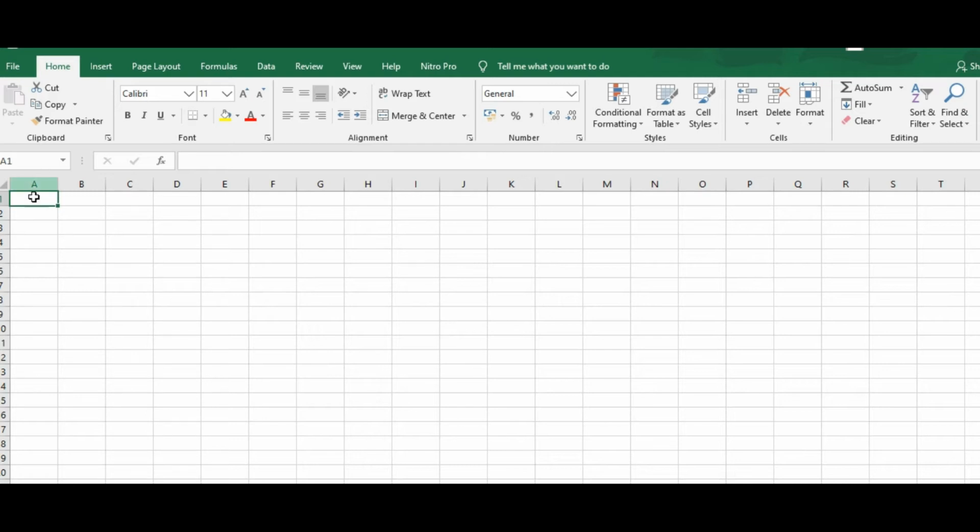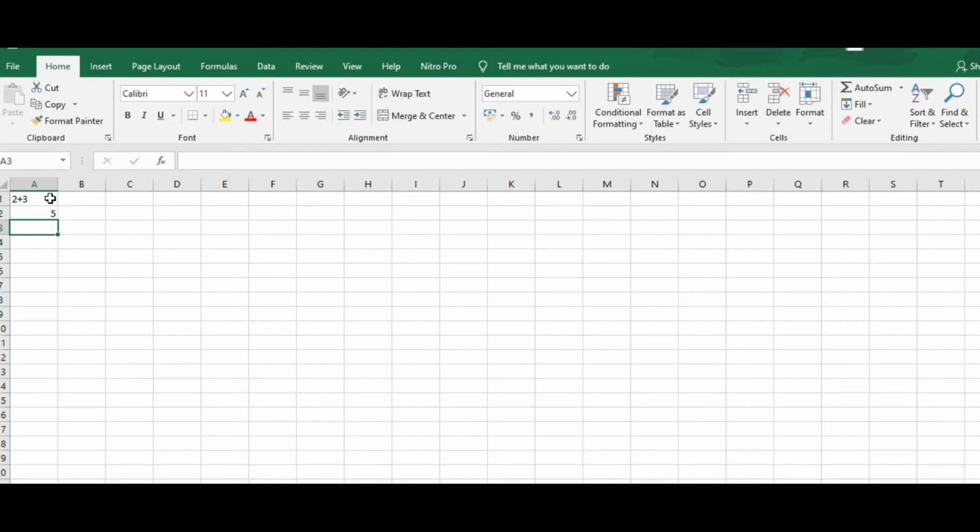Now, in MS Excel, when we are writing a formula into any cell, the formula must start with an equals to sign. Suppose I want to obtain the result of 2 plus 3. I'm showing two different things. First I am writing 2 plus 3, and in the second cell I'm writing the same formula but preceded by an equals to sign. So the first one is just 2 plus 3, and the second one is written equals to 2 plus 3.